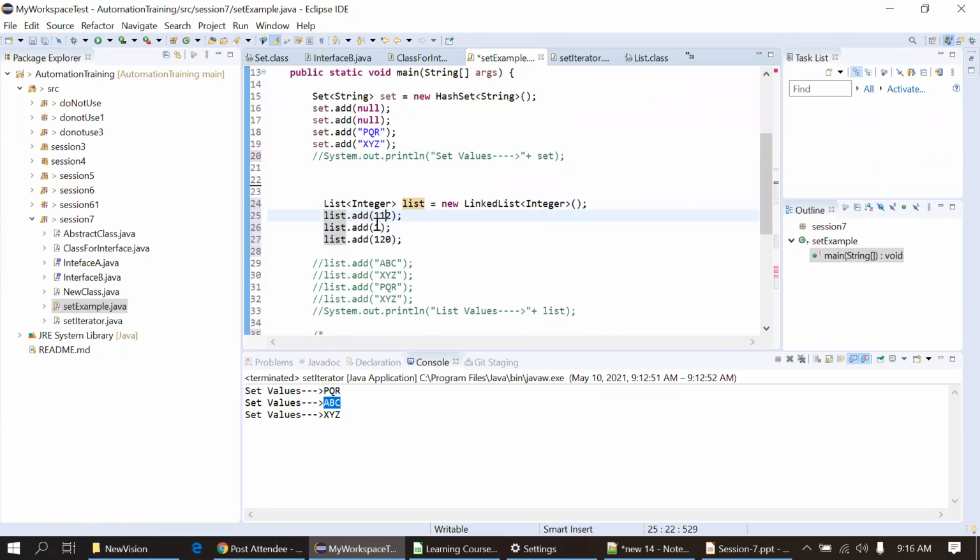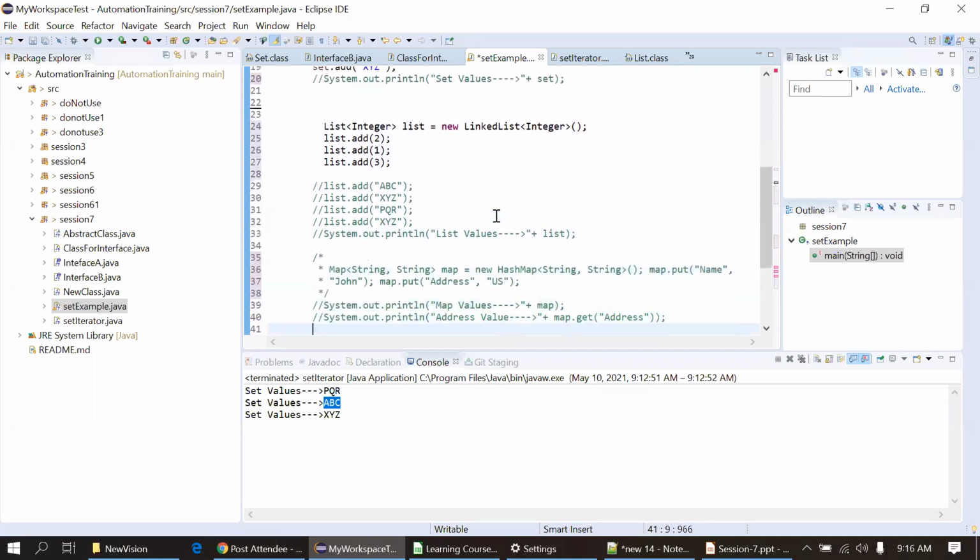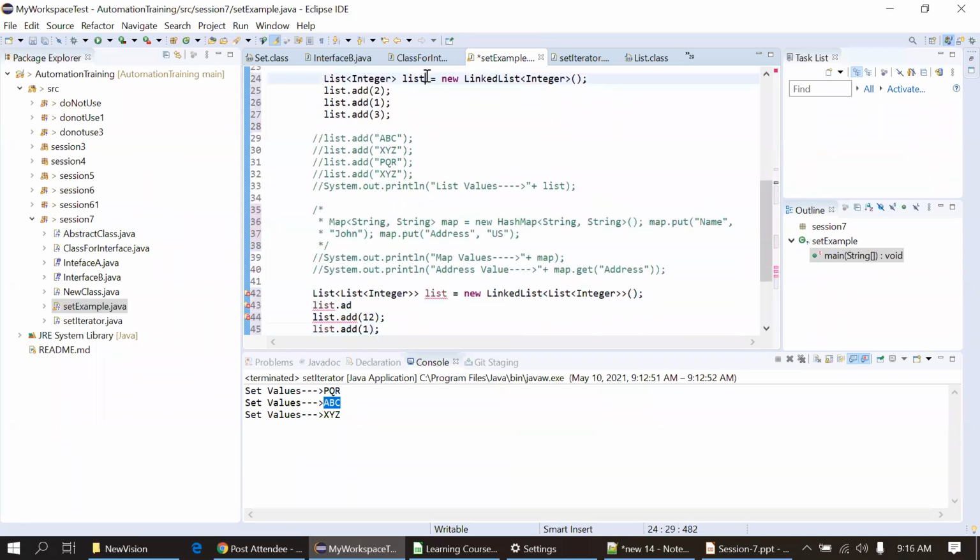I will give the values 1, 2, 1, and 3. I'm giving the old list here.